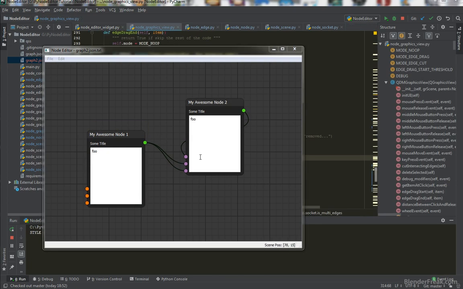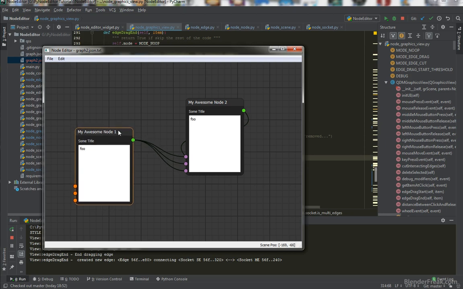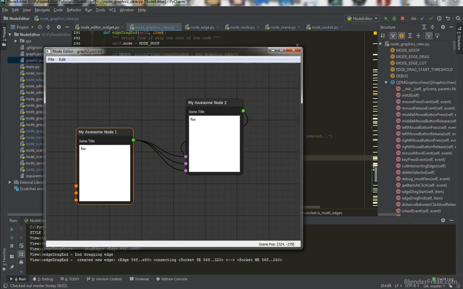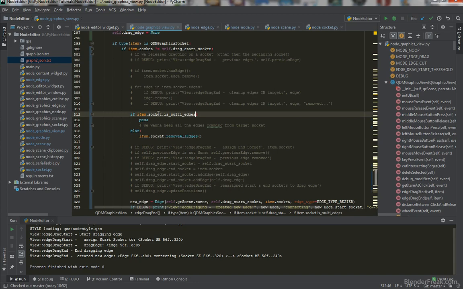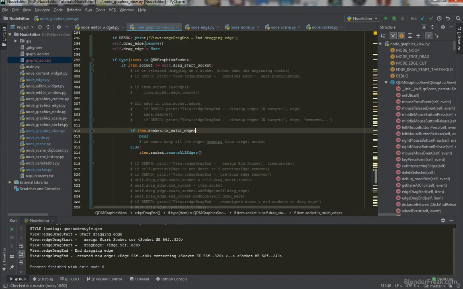So as the last thing, I noticed a bug. When I start dragging from the input to the output, you can see this is correct, but this old edge here has not disappeared. And the reason why is because I messed up here with the code, because when I drag end it and check if I should remove the edges, I'm just checking for the target socket and not for the source socket itself. So less code means less bugs, so I will write it a little bit differently here,